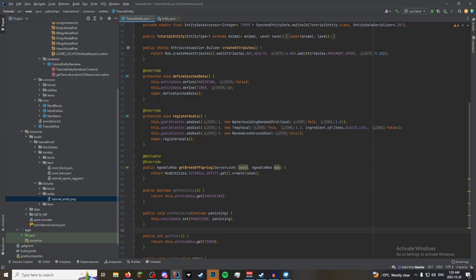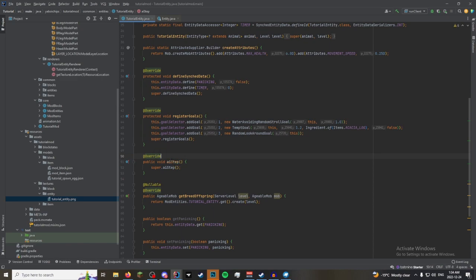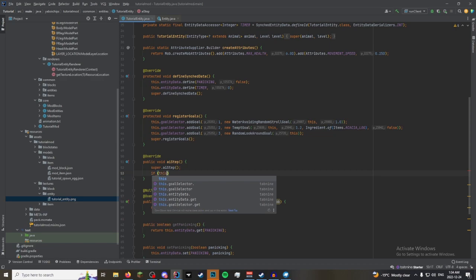So next, what we are going to want to do is set him panicking when he gets hit. So we're going to Control O, we're going to override AI step. AI step, tick and living tick all do similar things and are a little bit interchangeable. This does it inside the entity AI. So if the entity doesn't have AI, it won't do this when it's set to no AI, right? So what we're going to do is if this dot